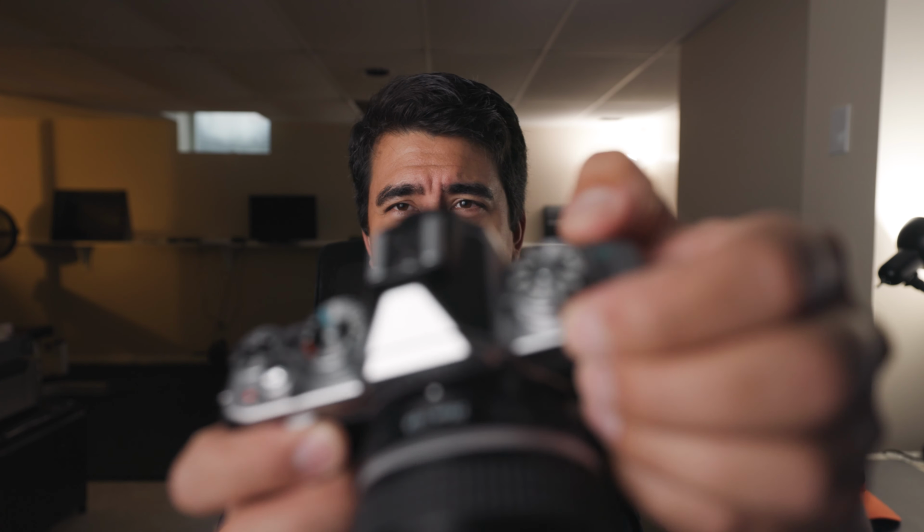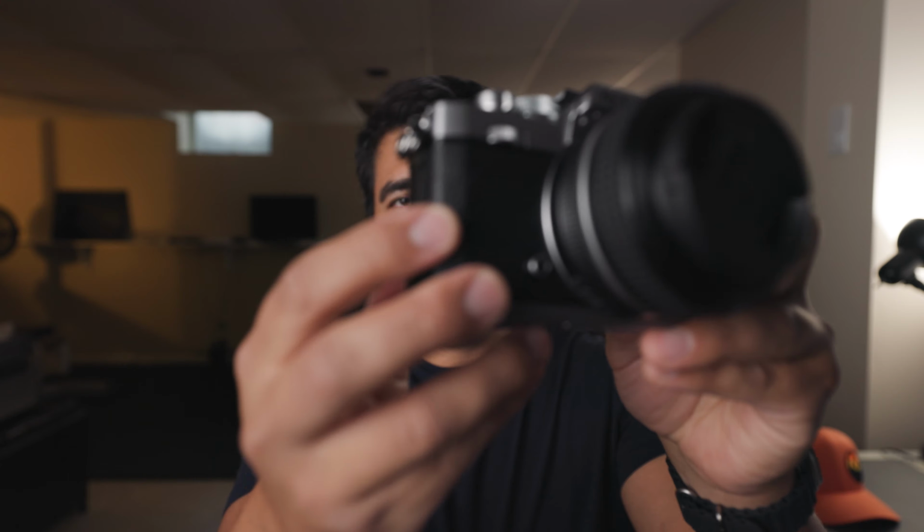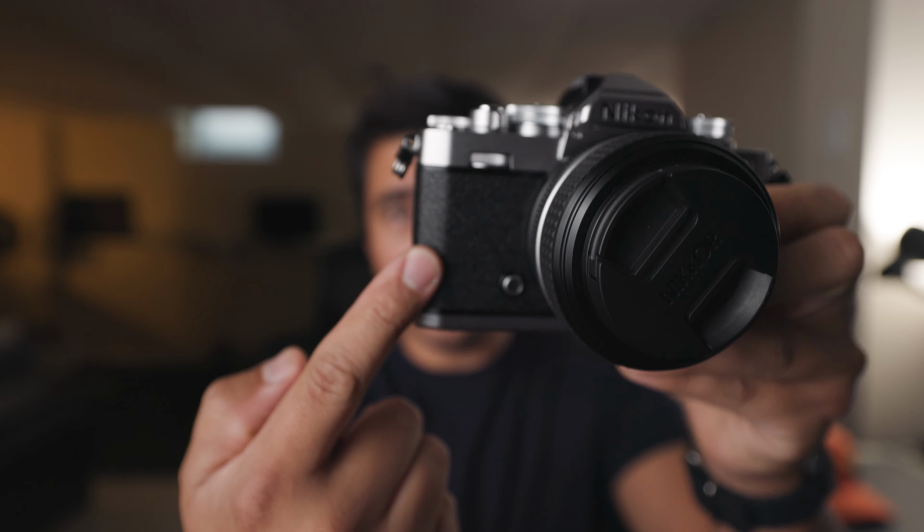Overall, the build quality on this is pretty good. It's got a magnesium alloy body, so it's going to be durable to a certain point, but if you've shot with more expensive cameras, you will notice that when you first pick this up, it feels kind of cheap. Some of the things that might contribute to that are that the dials are wobbly. You can move them a little bit, and the grip right here. Well, first of all, there is no grip, so